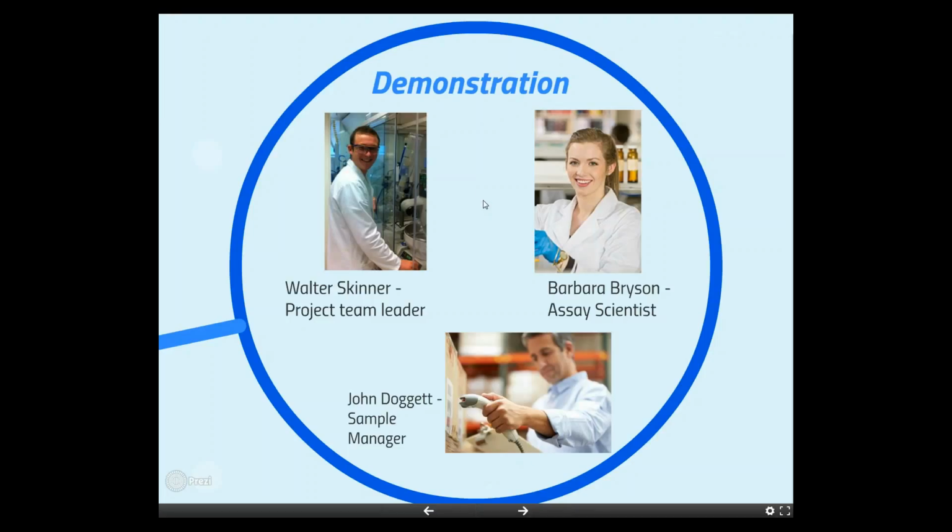What I showed you was how Water Scanner generated a request for a project. That request was a particular assay that was run by Barbara Bryson. Barbara was able to evaluate the stock levels of the source material required to make her assay-ready plate. She identified the fact there weren't enough tubes in the Texel instrument, and then was able to order powder to be shipped to sample management to be solubilized and placed in the Texel,